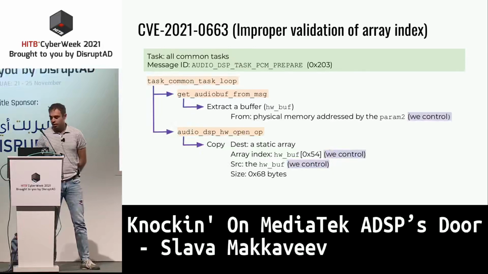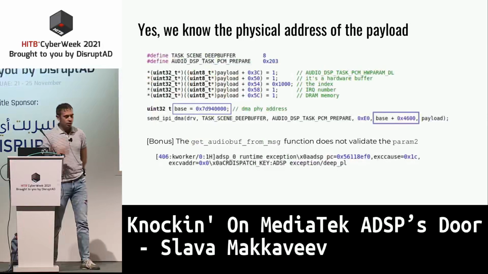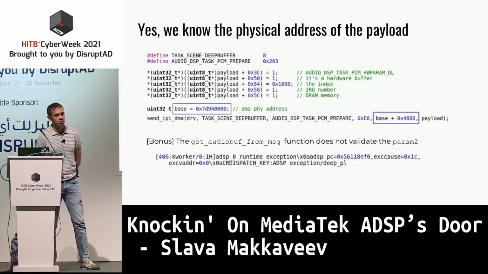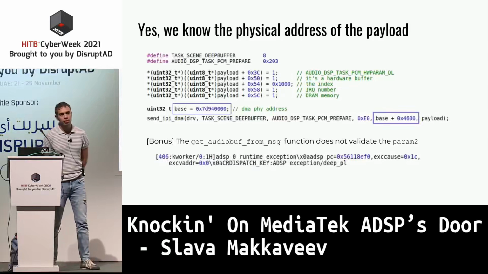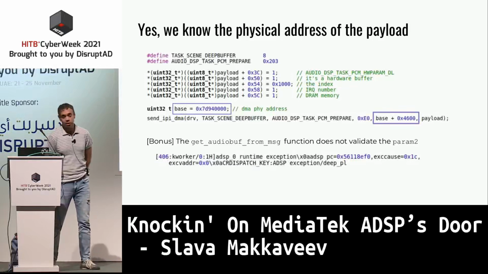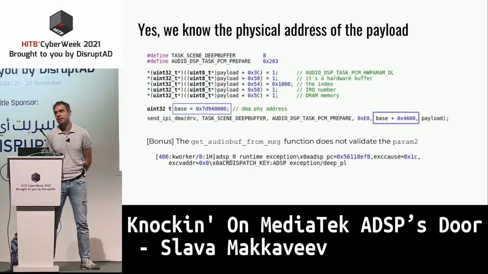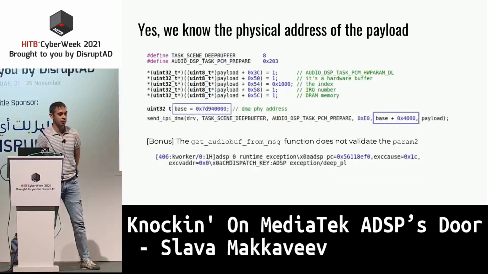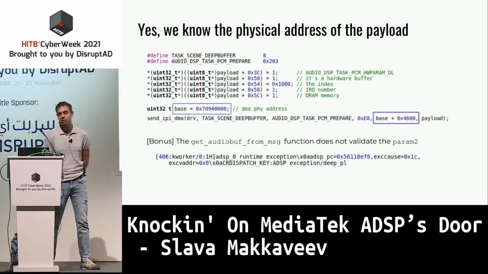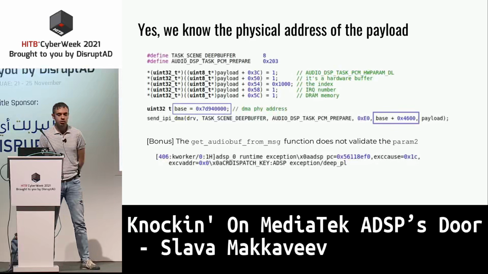To open this audio buffer, it's enough to send an EP message and transmit a message payload through the shared memory, pointing param1 to the physical address of the shared memory. And yes, we know this physical address, and as I have mentioned, this physical address is permanent on the device, and we know this address from the kernel log. Great. So we control the buffer, and the code represented on this slide just crashes my mobile test device here.